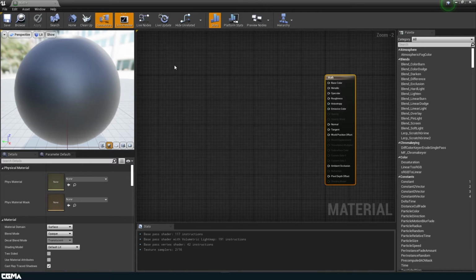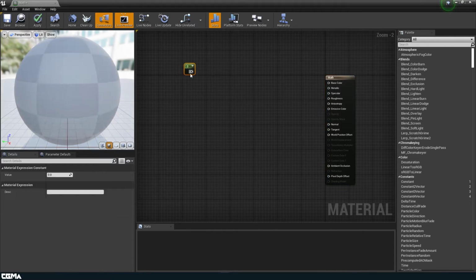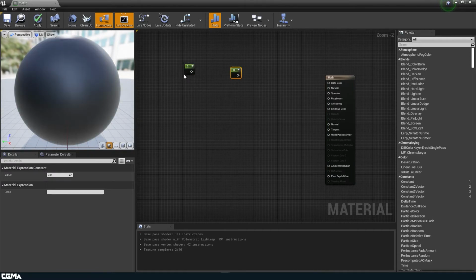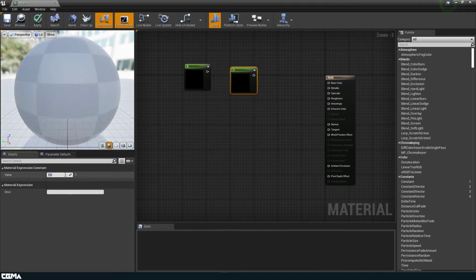And anything between them is the same kind of gradation from black to white. So if we do a 0.5, it would be gray. Say if we hit 1 for a scalar constant, and we open this, you can see that it's black because it's 0. And then if I change this to a 1,